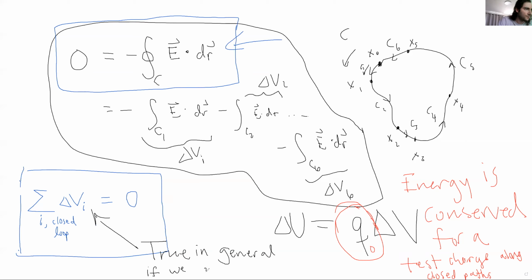if we account for delta V due to magnetic fields. Okay, and that is one of those profound results, it's like conservation of energy, right? So you have to know that, right? Super important. So this is called